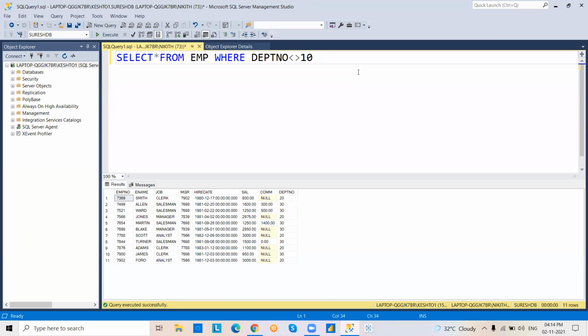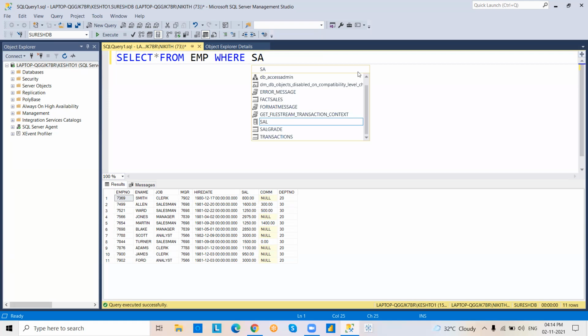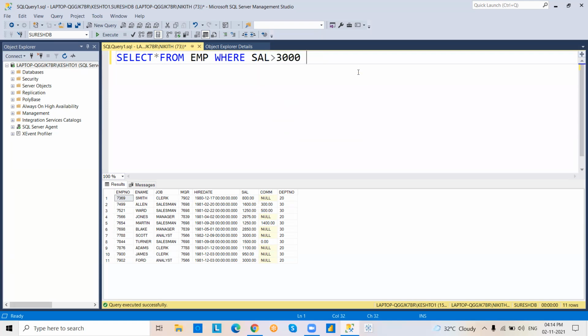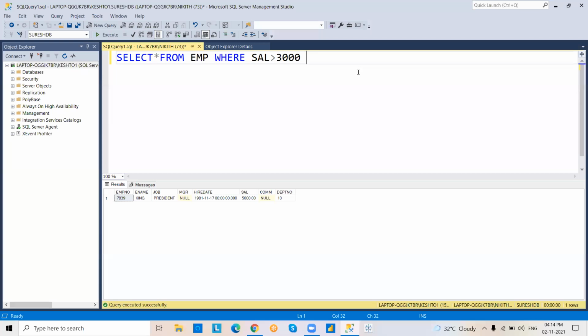Okay. The same way, we are going to work with greater than operator. Suppose select star from employee table where salary greater than 3000. So greater than 3000 means please check salary column. It retrieved only greater than 3000 data from the table. Right. So now coming to next scenario, I'm going for greater than or equal to. So greater than or equal to 3000 means what happened now? Even 3000 also retrieved.